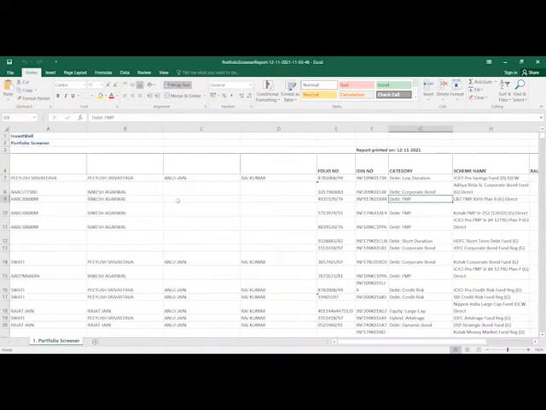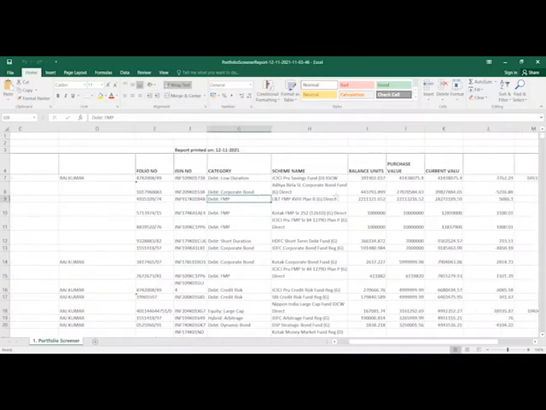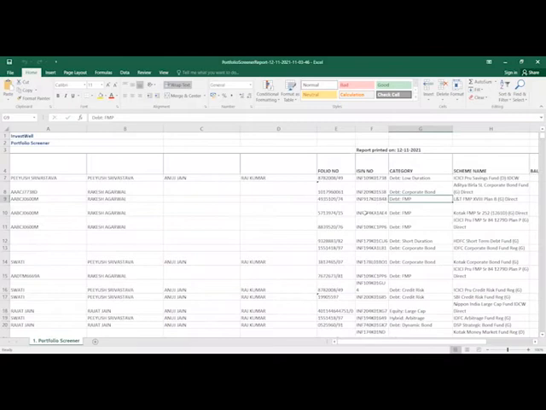Here a few more pieces of information have been added: you can see the RMs and sub-broker category. Also, you can see the ISIN number of the scheme, and the category of the scheme along with the absolute return. Whereas on screen there is limited output, if you want a detailed output, you can generate this output into Excel for your better understanding.